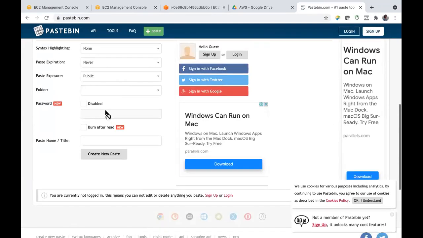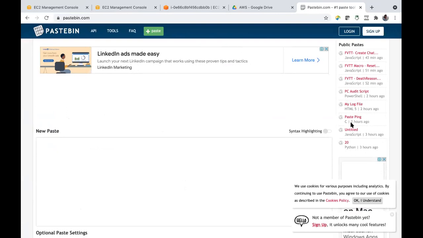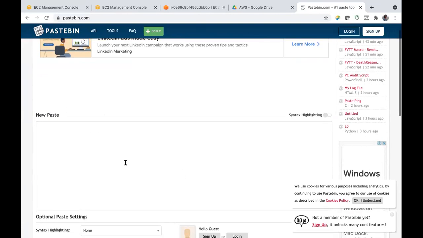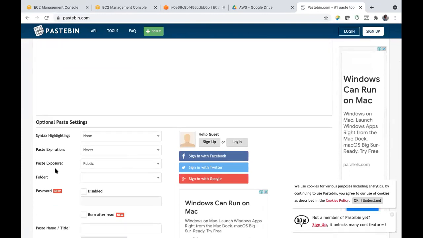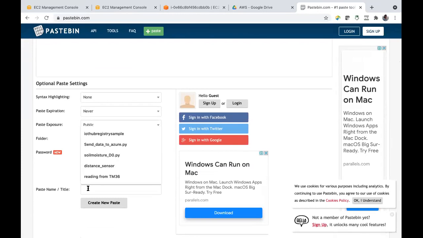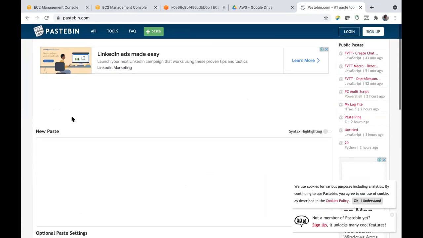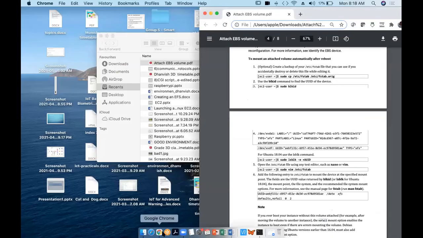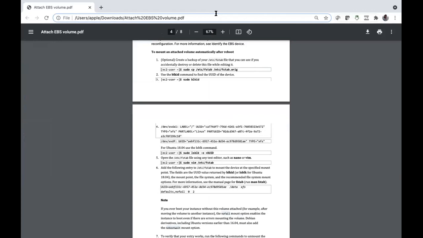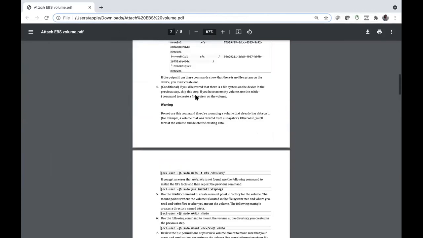Here I can paste but not upload. Kiran, please send it in mail. I have to share it with all of your mail IDs.